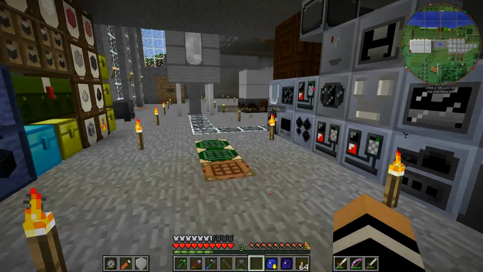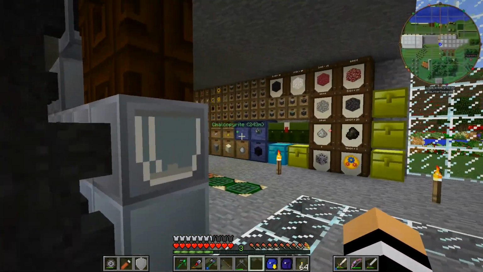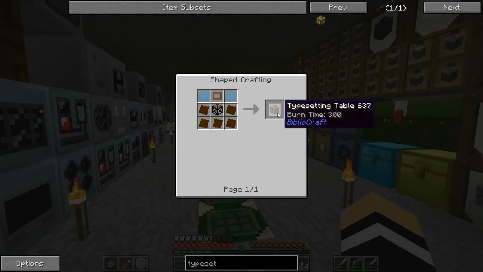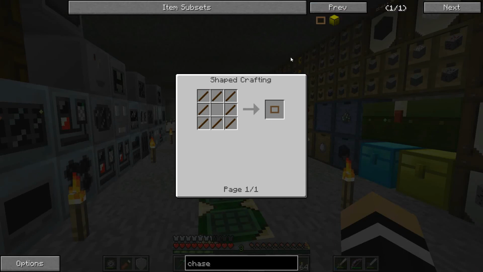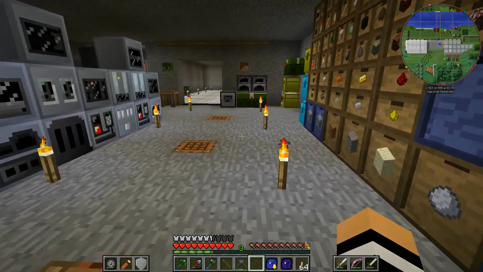Definitely nothing there. So what I'll do is, actually I will cut this one more time. Let's explain what I'm going to do. We need to make this typesetting table first, and then on the typesetting table, we are going to need the chase. So we're going to need to get the print press chase and the book we want to copy. We'll put that in the typesetting table, which will make ourselves a printing frame, or the